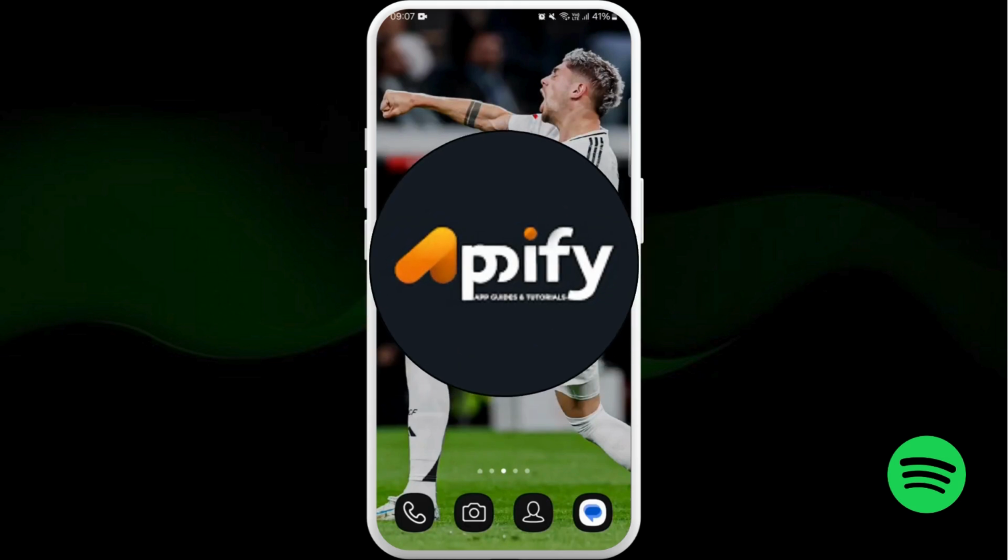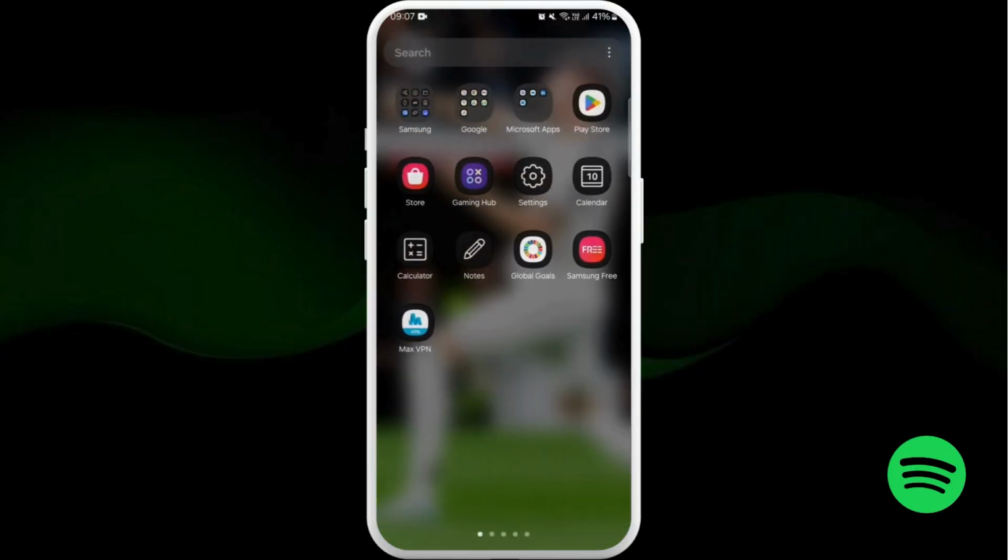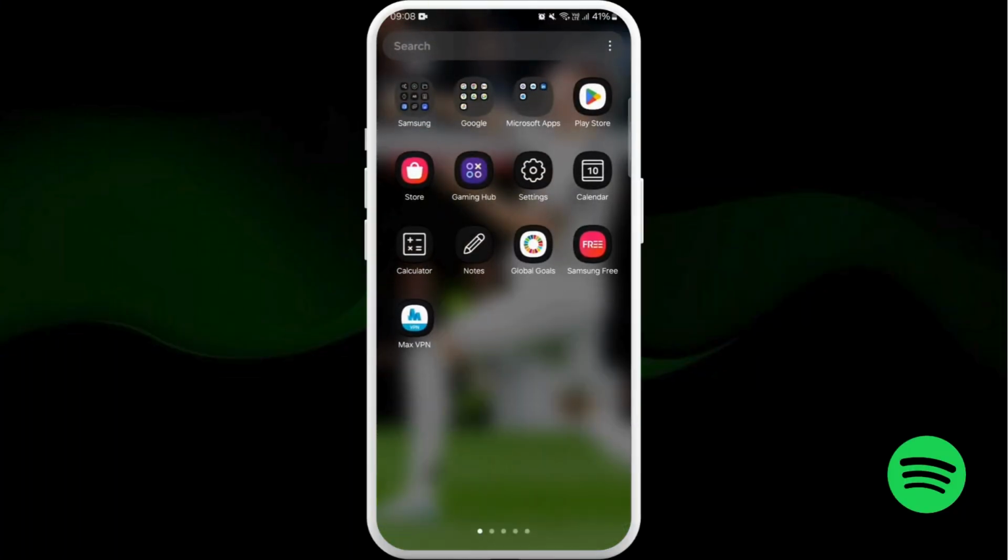In today's video, I'm going to show you how to download Spotify app on your phone. It's a very simple and easy process and I'm going to guide you through how to do it. Let's get started. First of all, on your phone, launch the Play Store if you are on Android or launch